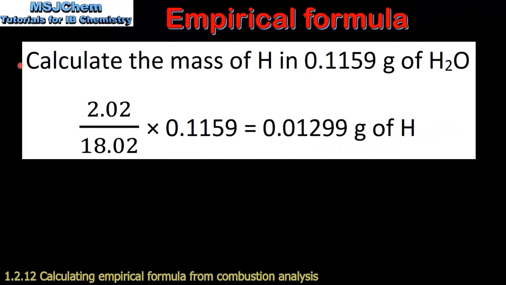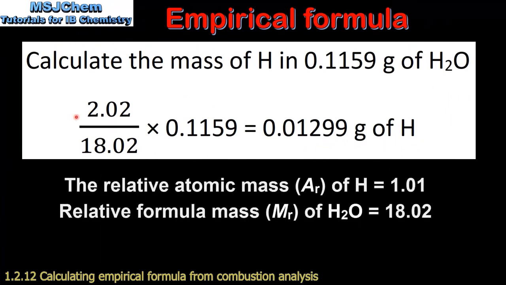Next, we'll calculate the mass of hydrogen in 0.1159 grams of H2O. We do this by dividing the mass of hydrogen in the molecule by the total mass of the water molecule, and then we multiply by the mass of water produced in the reaction. So there are 2 hydrogen atoms in 1 molecule of water, so that's 2.02 divided by 18.02. We then multiply that by the mass of water produced in the combustion reaction, which gives us